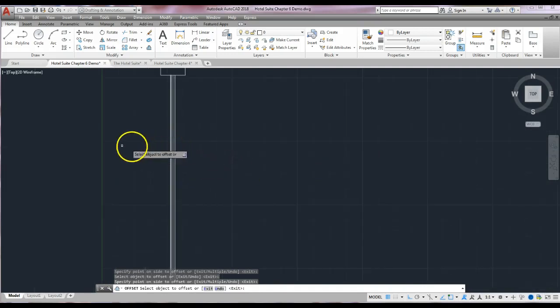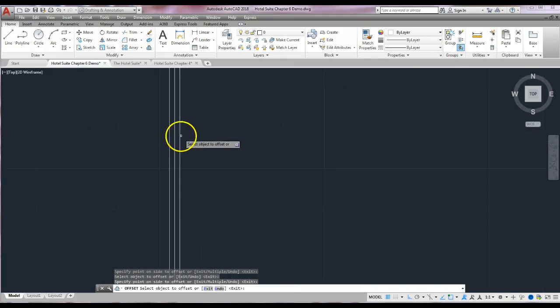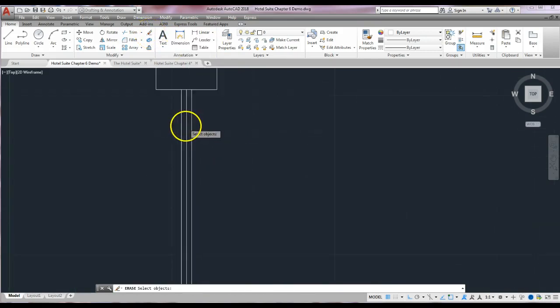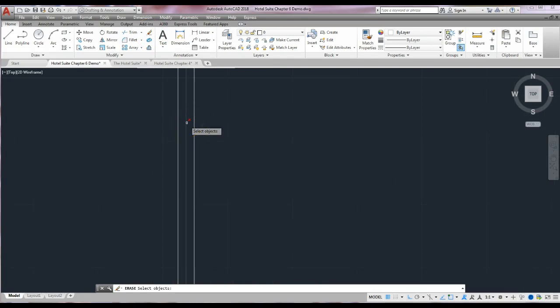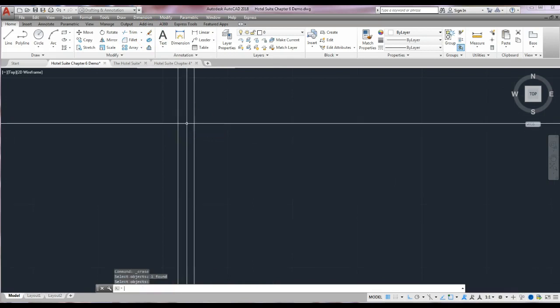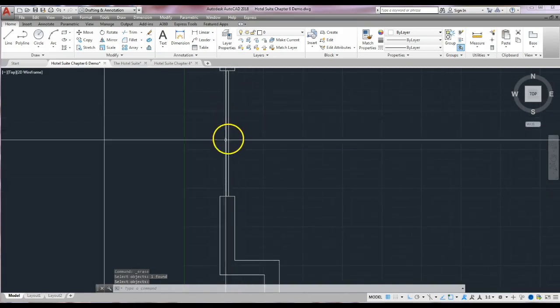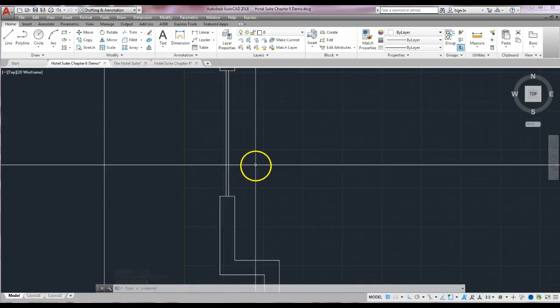So you're going to select it, drag to the left and click, select it, drag to the right and click, and you're going to end up with something that looks like 3 lines right down the center of this wall. We're going to erase the one right in the middle. So erase command, zoom in real good so you can pick the right one, select that middle line, and hit enter. Now our glass has been placed, it's a 1 inch thick glass directly in the center of this window